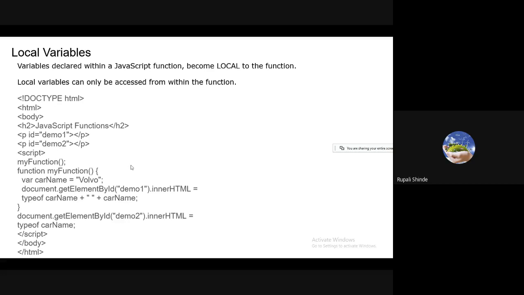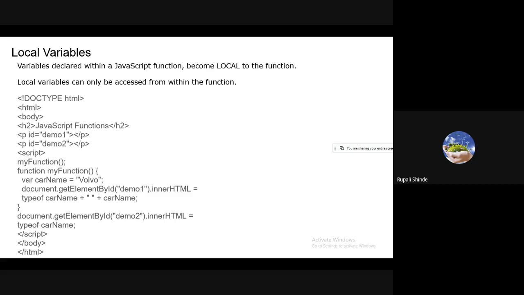Now, the next terminology regarding the function is the local variable. I think everybody knows the local variable. Whatever variables we are going to declare within the function definition are nothing but the local variables. After that function is closed, no one will identify that particular variable, because it is local to that respective function only.